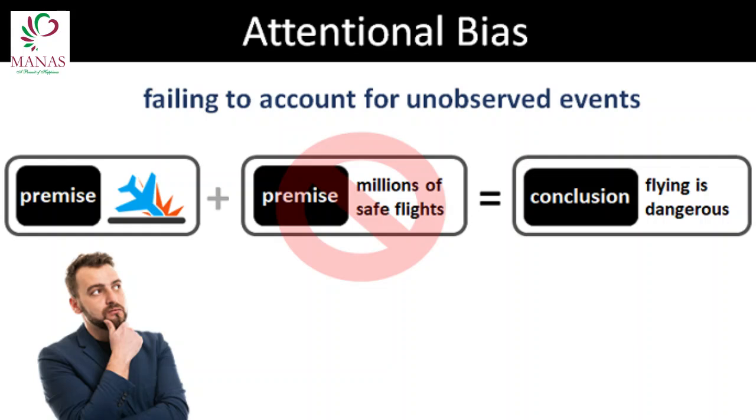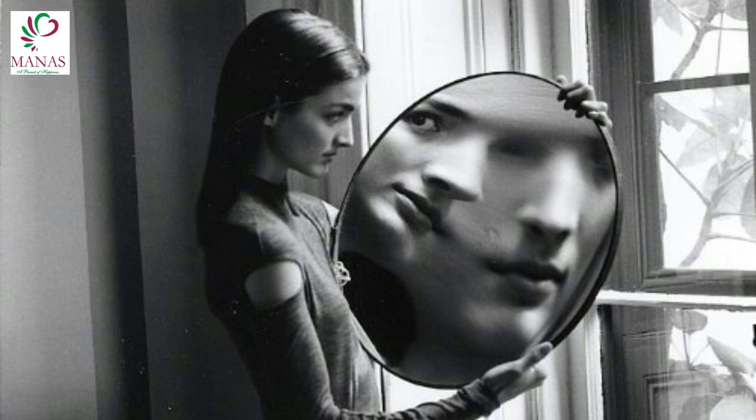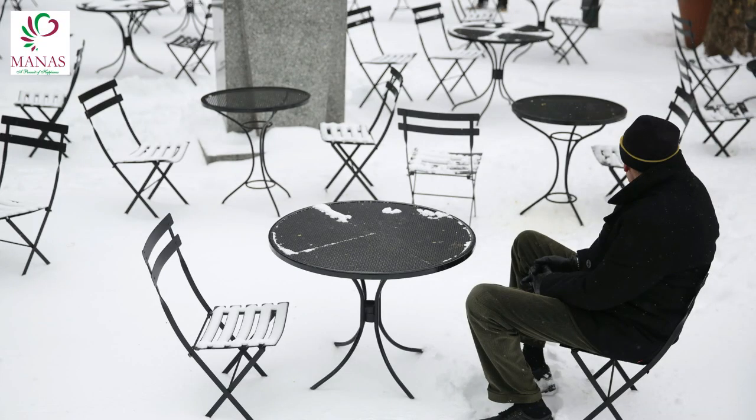While attentional bias is a natural cognitive mechanism, it can have significant negative effects when it becomes maladaptive or disproportionate. It's not just about one bad experience, it's about the cycle we allow to continue. The challenge is recognizing it, addressing it, and learning to focus on the positives instead of being consumed by the negatives. Whether it is perpetuating negative emotions, reinforcing biases, impairing decision making, or affecting relationships, attentional bias can distort how we perceive the world and interact with others, potentially leading to emotional distress, cognitive rigidity, and social isolation.